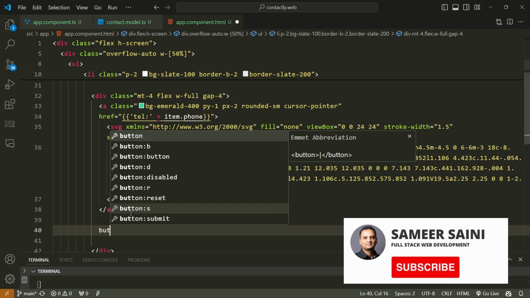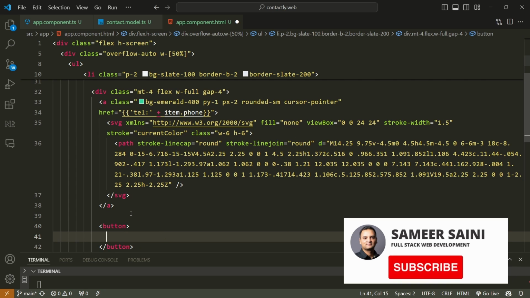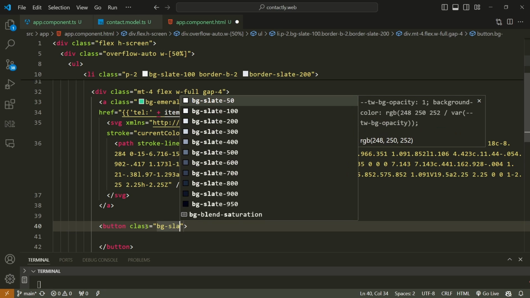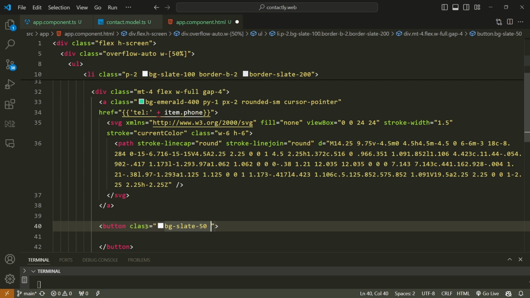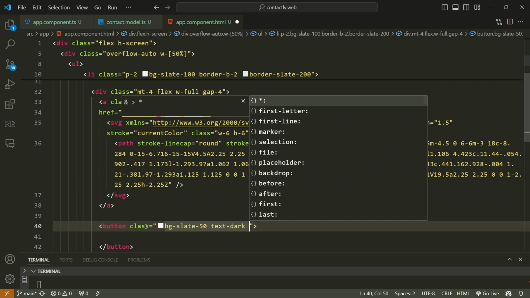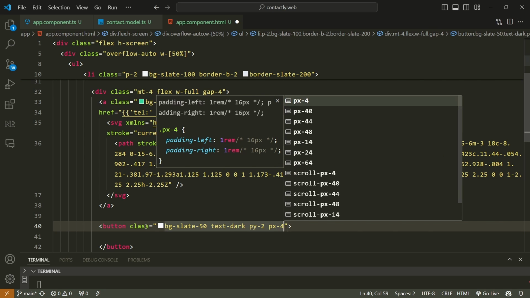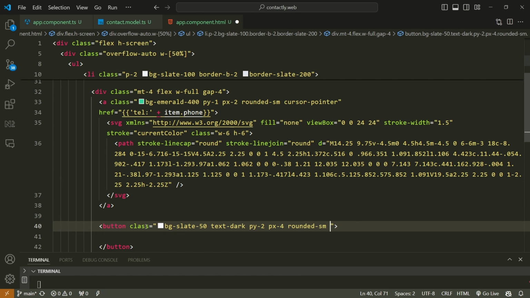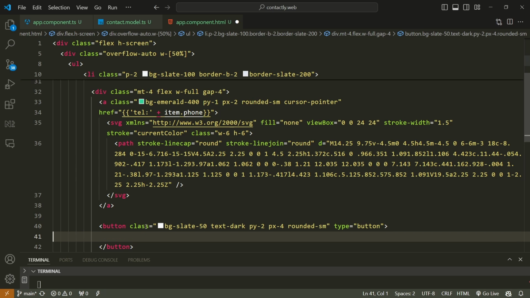And the next thing that we'll have is, if somebody wants to delete a particular contact, we should also have a button for that. I'll give the button attribute a class of bg-slate-50, and let's say text-dark, padding on the y-axis of 2, padding on the x-axis of 4, rounded-sm. You can play around with these properties, and feel free to change this to whatever is to your liking. After that, I will give the type of the button as button and not a submit type, because we'll have a click event on this one a little later on,